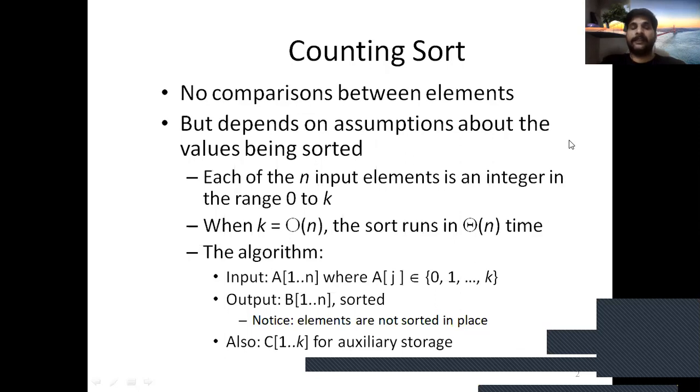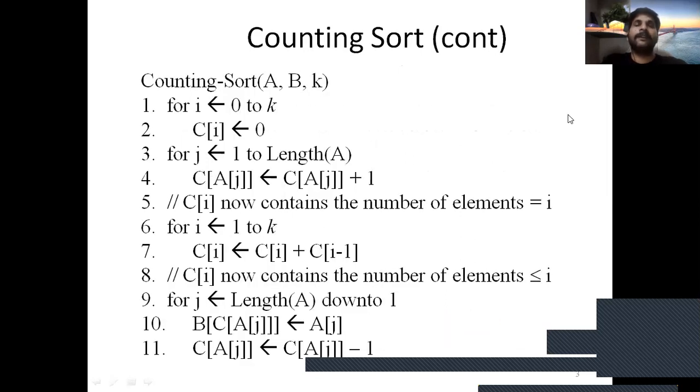Also, we take one auxiliary storage array, C[0..k]. Now, the pseudocode of the counting sort algorithm is like this.